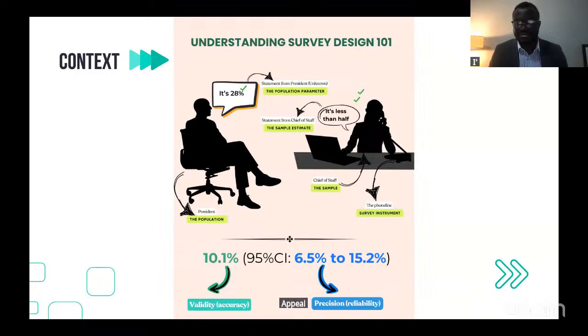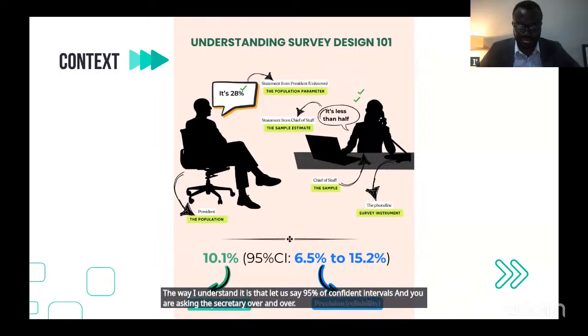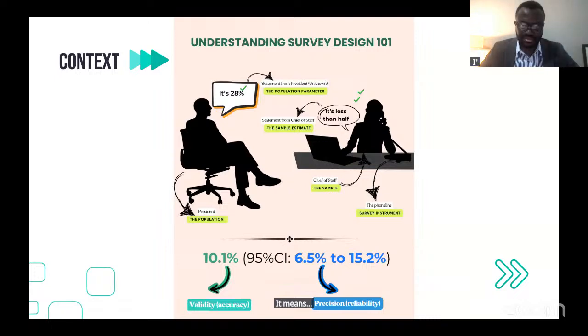Appeal? "The way I understand it is that when you say 95% of confidence intervals, and you are asking the secretary over and over, it means the response of the secretary in that regard is 95% precise, with 6.5 to 15.2%